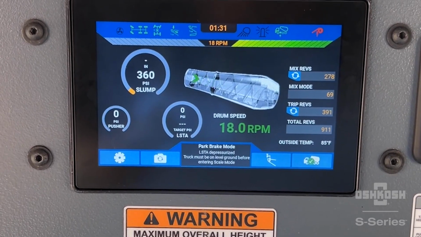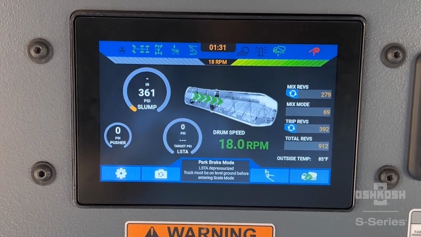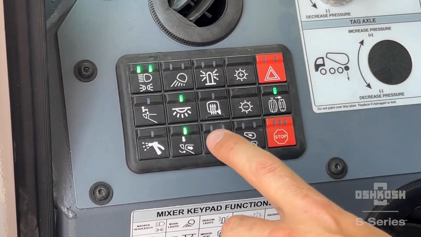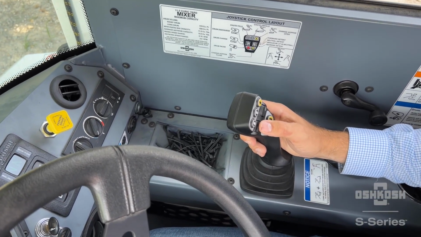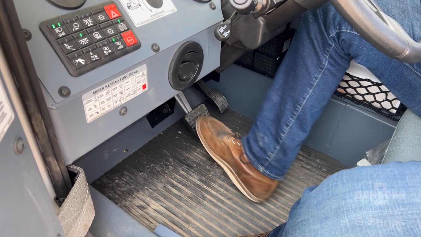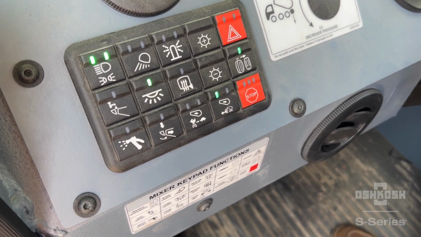The default factory programmed speed for load mode is 18 RPM, but can be adjusted if needed through the overhead display. To disable load mode, you can either push the load mode button again, take over manual drum controls with the joystick, or depress and release the service brake. Using the service brake method will automatically switch the drum from load mode into transport mode, and the truck will